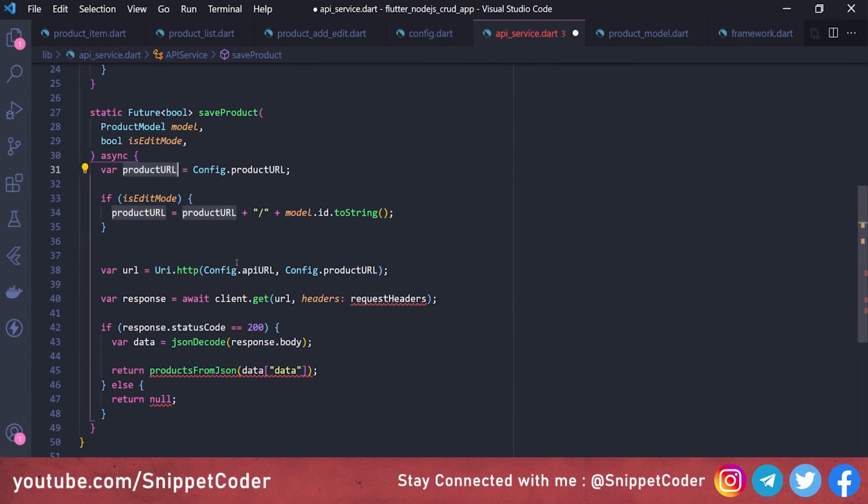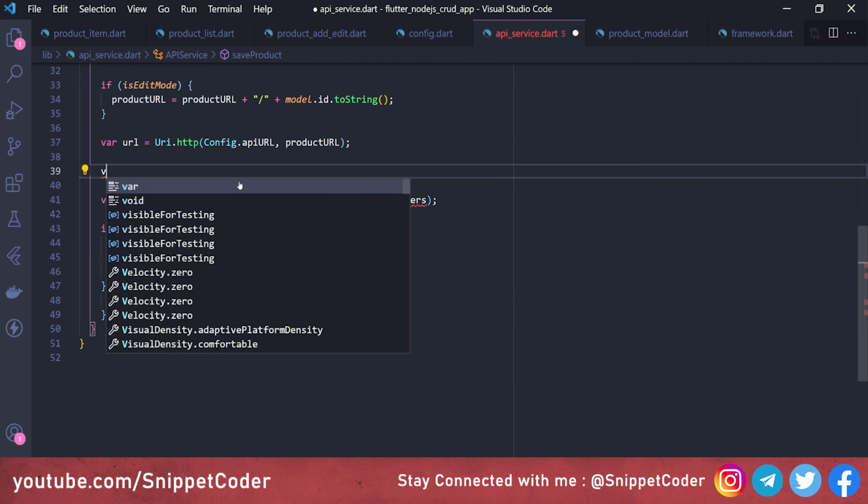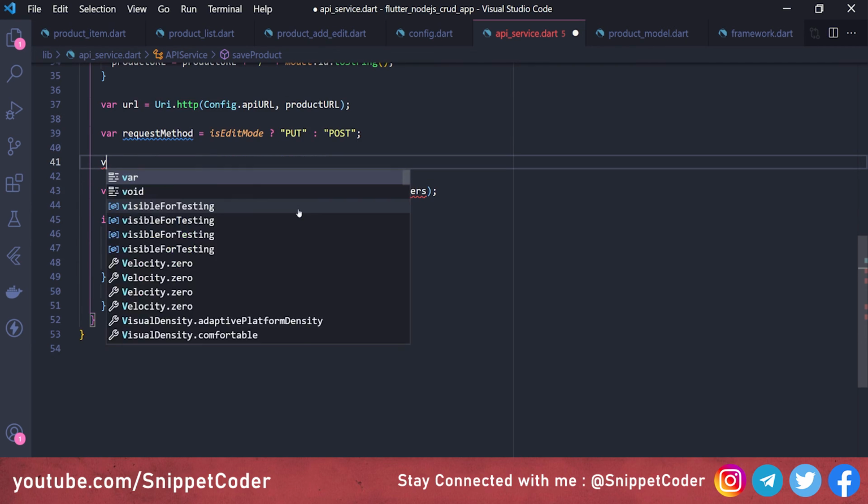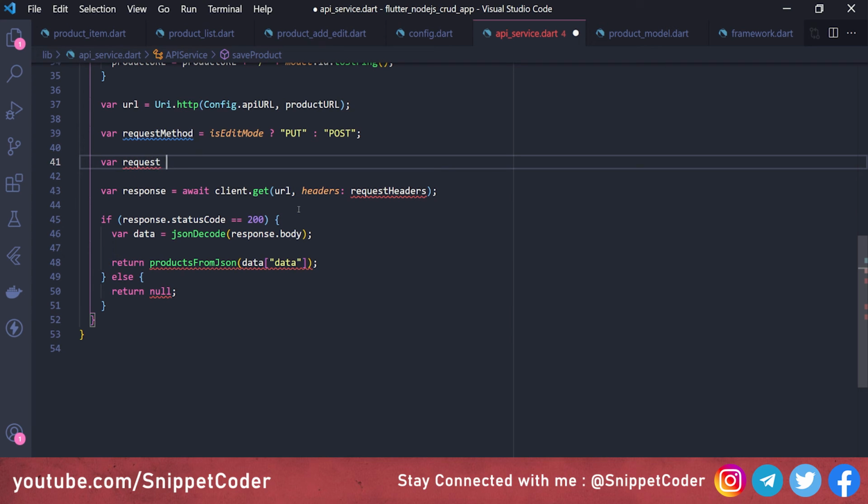Here we'll pass product URL, and also we have to create one variable request method is equal to if is edit mode, then we have to call the put request, else we have to call the post request. That means we are posting the data to the API. Then here we will get the request is equal to